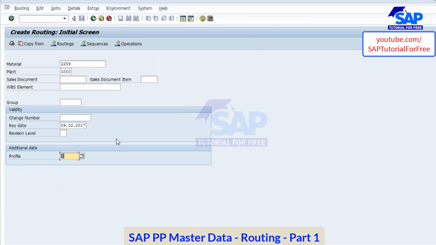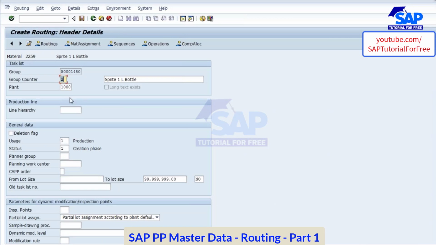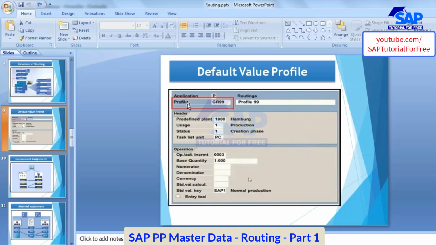The moment I enter and click on create, see what happened? Production usage has come automatically, and status has come automatically. I have not entered it. Why has this 1 come by default? Because in the default value profile,